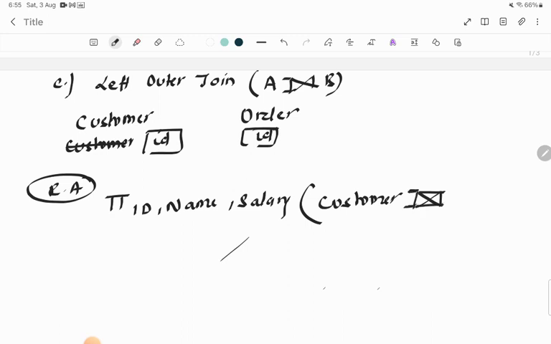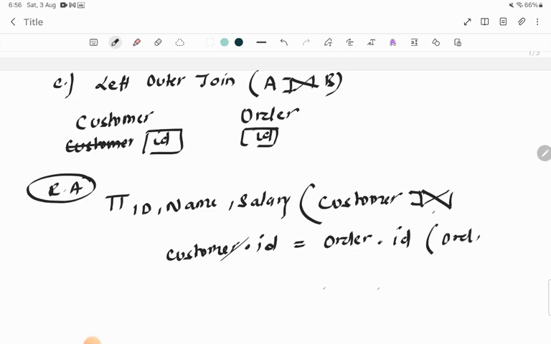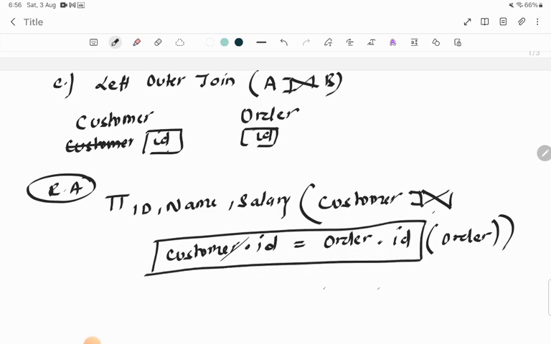left outer join. On what are we going to perform this left outer join? Okay, this is the symbol for left outer join. So on what attribute are we going to perform it? That is customer dot id equals to order dot id from table order. Okay, so this is the common attribute. id and id are common in both. So customer.id equals to order.id